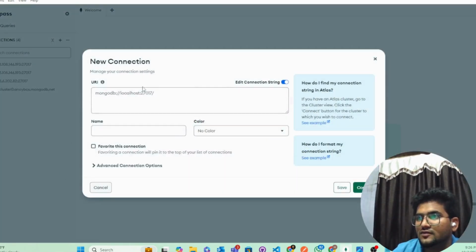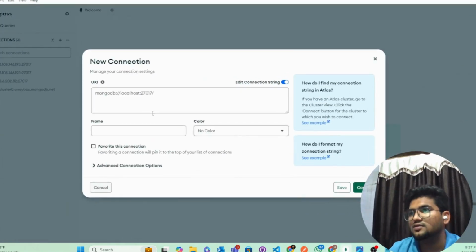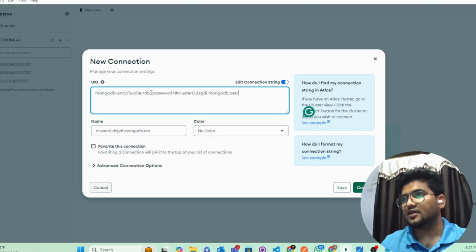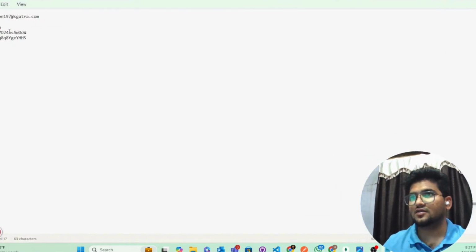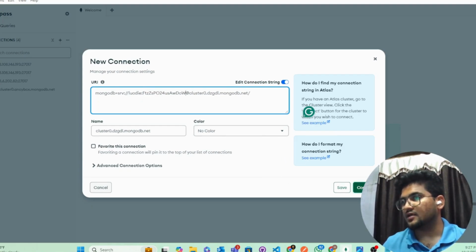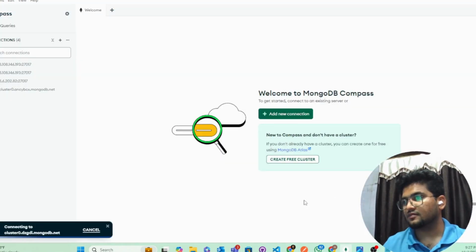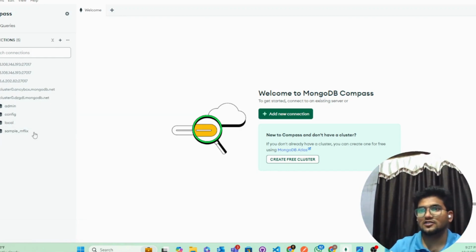Click on connection. So we need a connection. Just copy this link and go to Compass, paste it here, and replace this with your password. Okay, so I'll take that password from here, copy it, and paste it. Okay, now click on connect. So you can see we have successfully connected to our